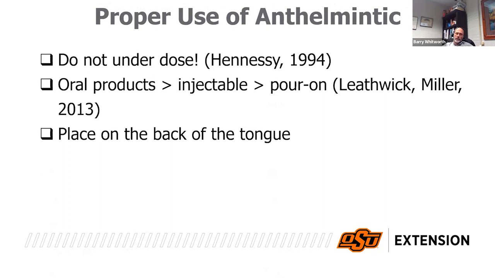Use a dose syringe. We want to get that product as far in the back of the mouth as possible because some of these animals will have what we refer to as the esophageal groove that develops when they're young and they're nursing, when the rumen isn't developed, and it lets that milk flow into the omasum and into the abomasum. It bypasses the rumen, and some of them will continue to have that. So if you squirt something in their mouth and they swallow it liquid, well, it might bypass the rumen, and we want this product to stay in the body as long as possible. So if it gets to the rumen, it'll take more time to get through the digestive tract.